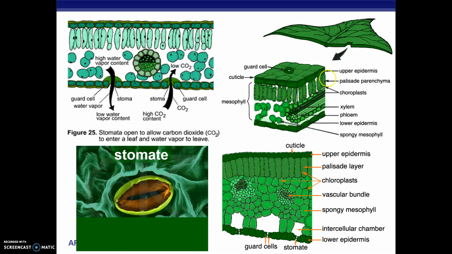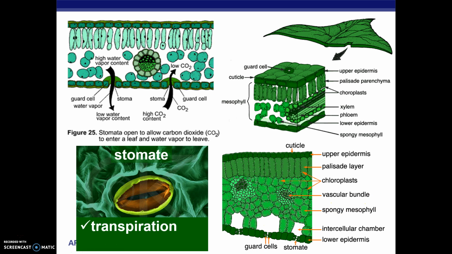For example, the upper layer of palisade tissue has a lot of chloroplasts and will be efficient in trapping the sun's light. And in the lower layers, the cells are loosely arranged so that it can efficiently participate in gas exchange